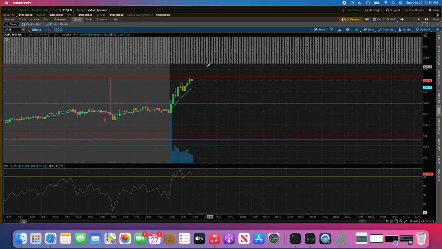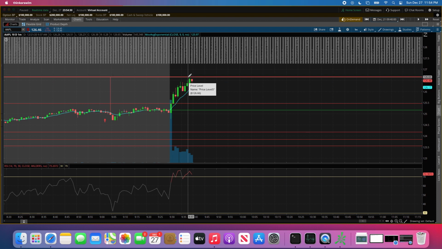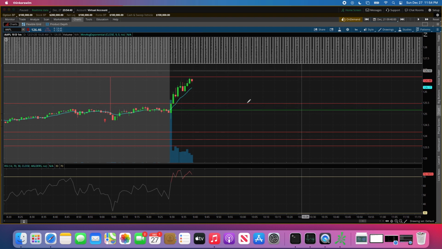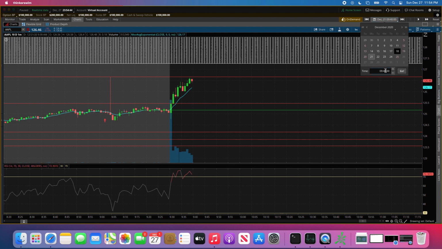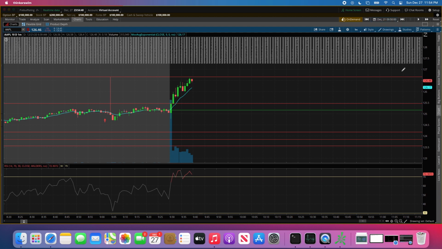That was another reason why I decided to place my stop loss here, because once it went to this level, it hit that overbought level on the RSI, and now we're just waiting for price to drop. I'll fast forward another 10 minutes. So we're at like 9:50,